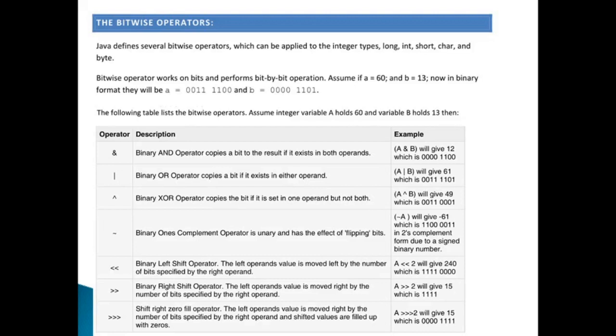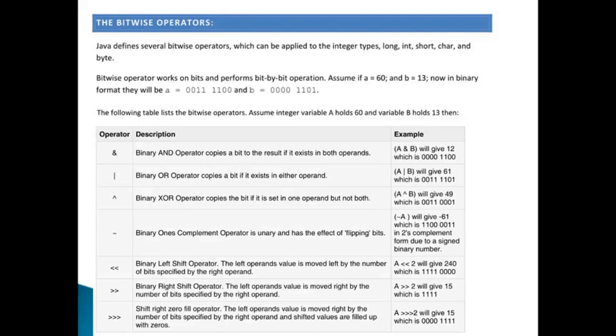And in the case of binary right shift operator, whenever it is performed on a particular variable, the rightmost bit is dropped and the whole pattern is shifted towards right, and a new 0 bit is inserted at the starting of the whole bit pattern of that variable. In that case, the number gets divided by 2.